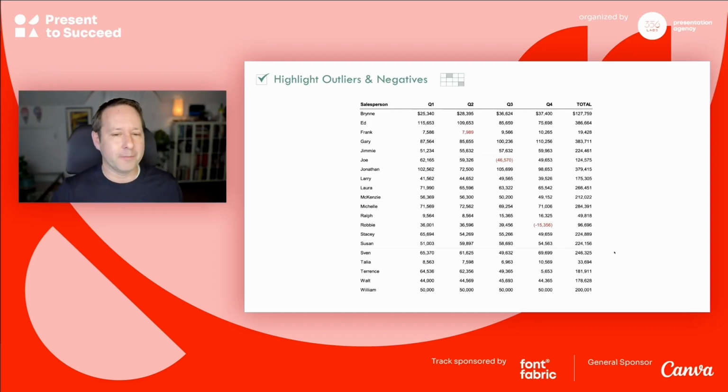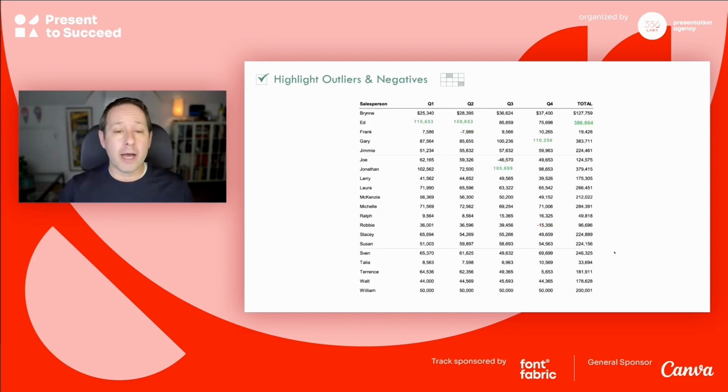and have questions about. Similarly, if you want to call out and highlight the leaders for every quarter and then the total, that could help this table start to be pretty usable. Like, oh, I want to find out who the best salespeople are and who the worst salespeople are.